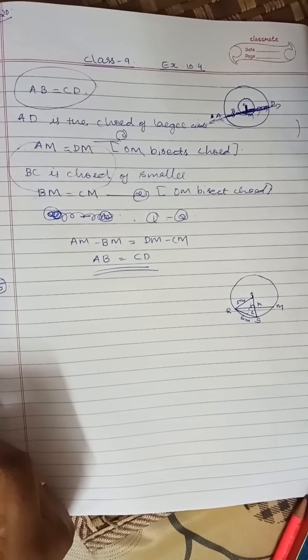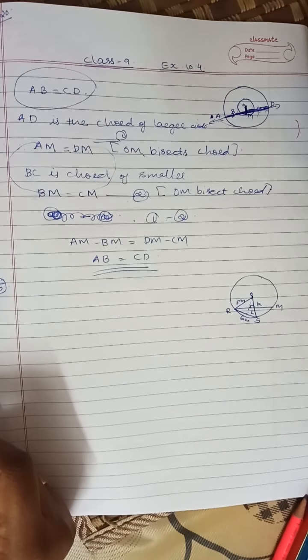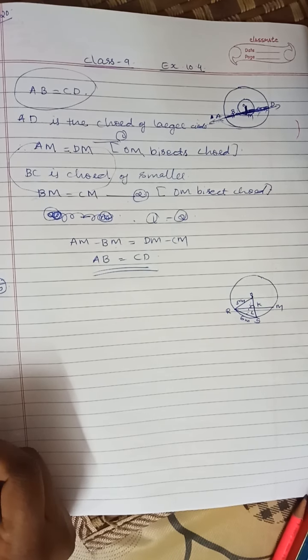Next question number 5. Three girls, Reshma, Salma and Mandeep, are playing a game by standing on a circle of radius 5 meter drawn in a park. Reshma throws a ball to Salma, Salma to Mandeep, Mandeep to Reshma. If the distance between Reshma and Salma and between Salma and Mandeep is 6 meter each, what is the distance